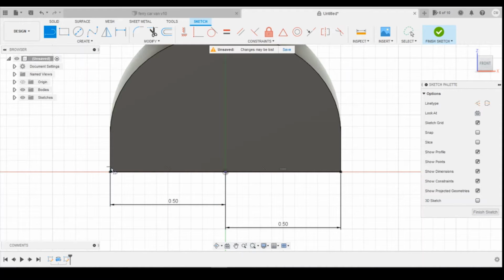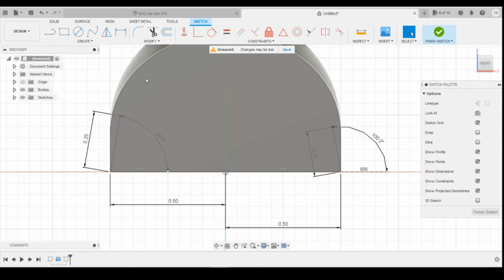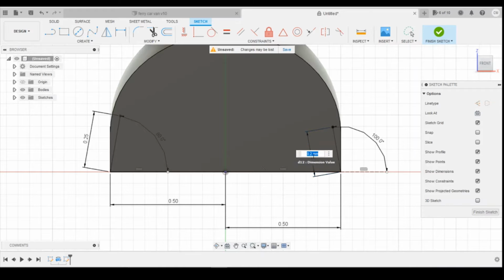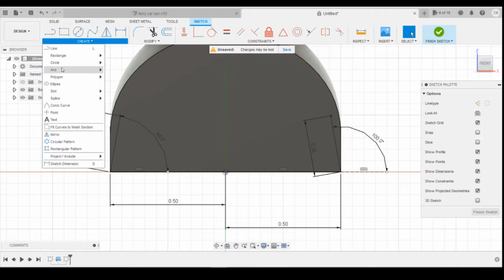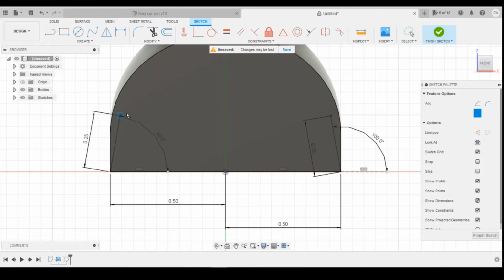Okay, I'm going to create a line diagonally upwards now. I'm going to go height wise 0.25 millimeters, and I'm going to put that at 80 degrees on the left hand side, and then on the right hand side doing the same. I'm going to go 0.2 millimeters up, and the degrees will be 100, sorry. That's 10 degrees off of 90. That should be 0.25. And then we can create, and again, using the tangent arc between those 2 points. Finish the sketch